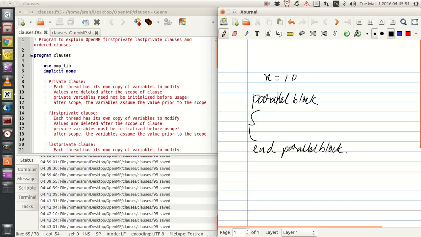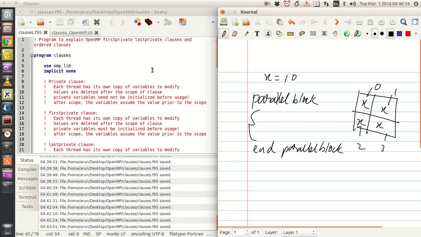Then for each thread I'm using, you'll have a separate copy of x. So suppose I'm using 4 threads, this will be the copy for thread 0, thread 1, thread 2, thread 3.